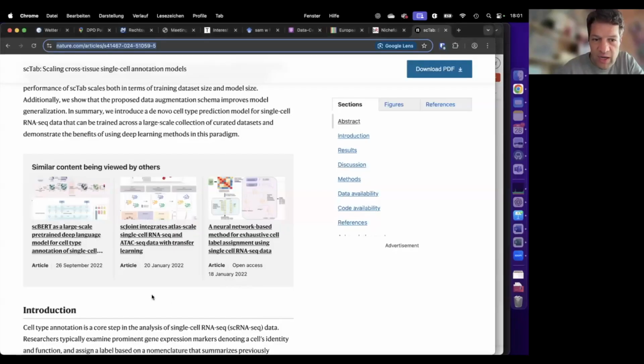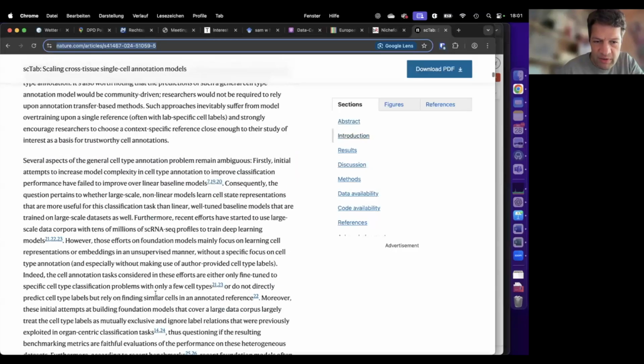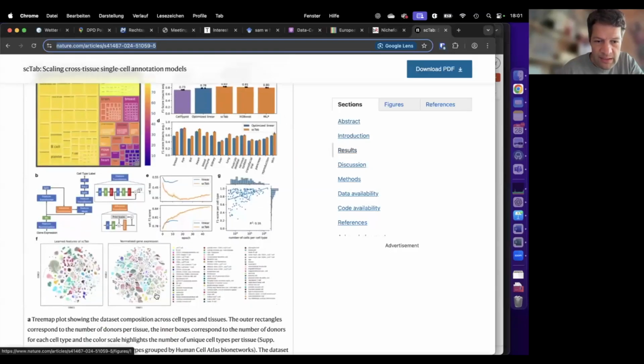And maybe I can just share the screen if you don't mind. I don't want to take too long, really just briefly. But you asked about the scaling law, and there are some new papers now coming up with scaling laws. But one thing we did in that paper is here.